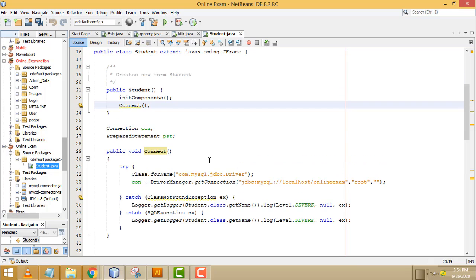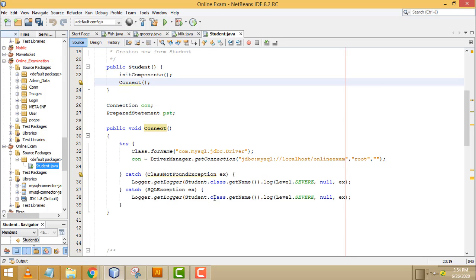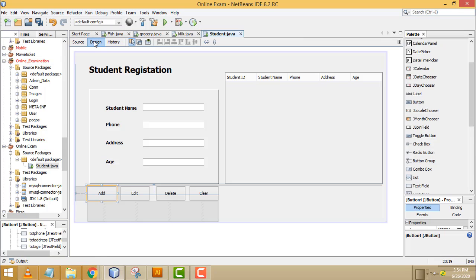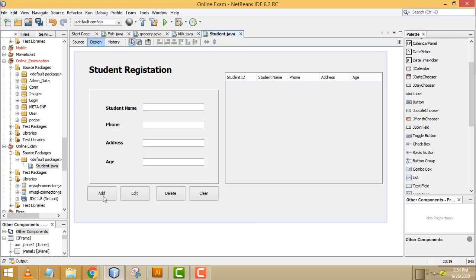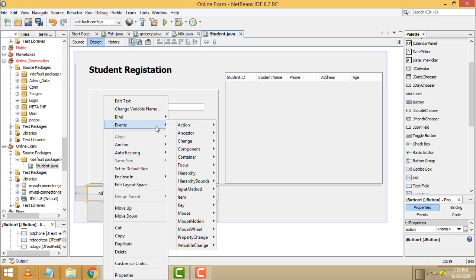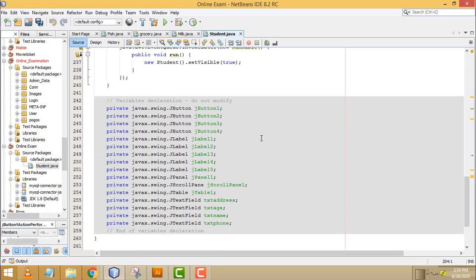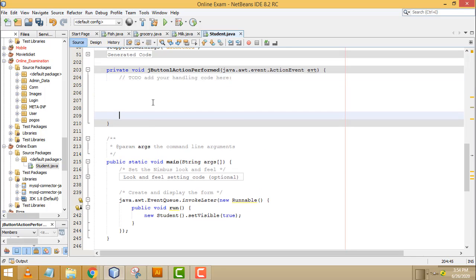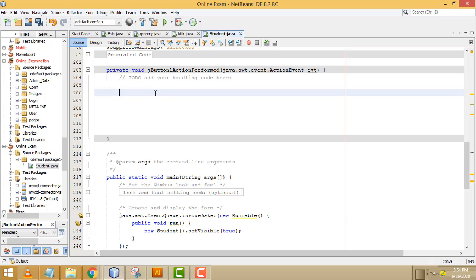Now let's do another task. The connection method is a success, and we have to do the rest of the stuff. First we have to add the records into the database. So select the add button, right click, event, action performed. Here we have to write the add code. So how to add the records into the database? It's very simple. How to write here is, first